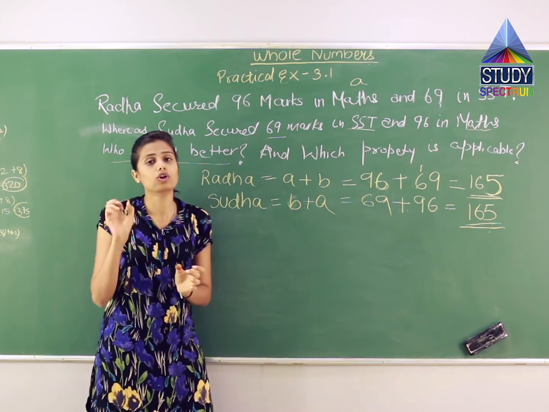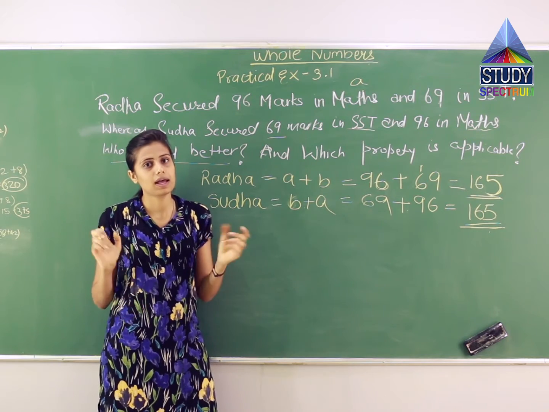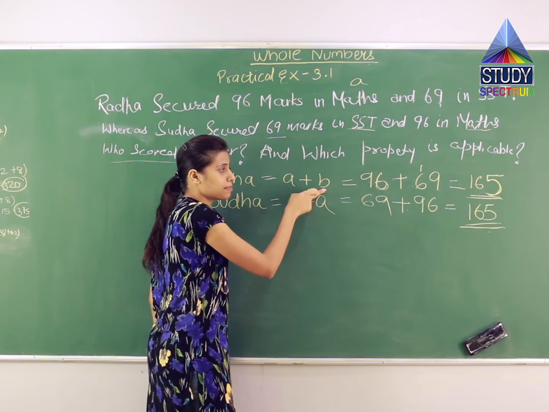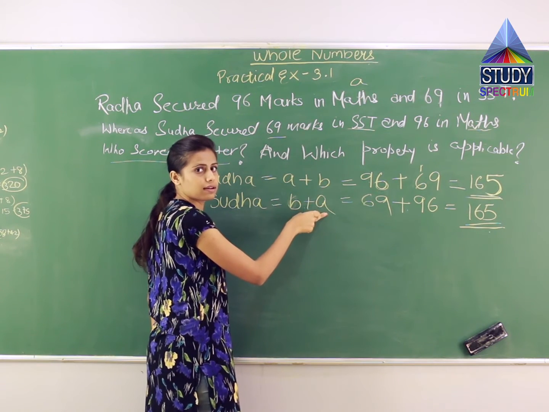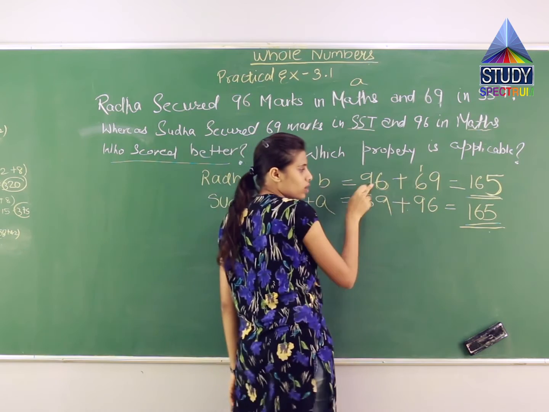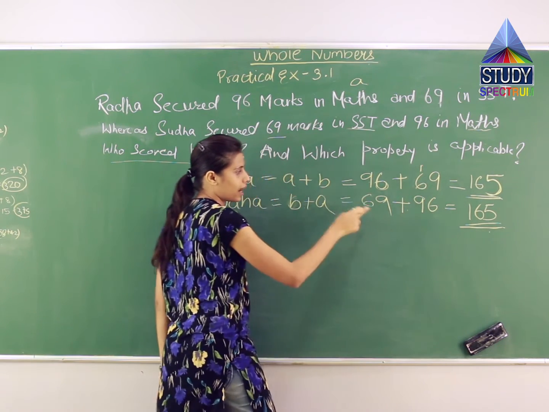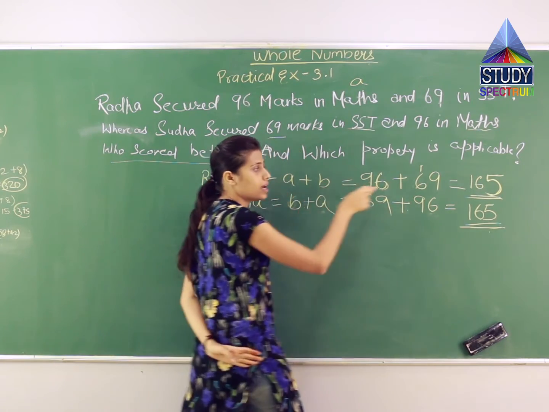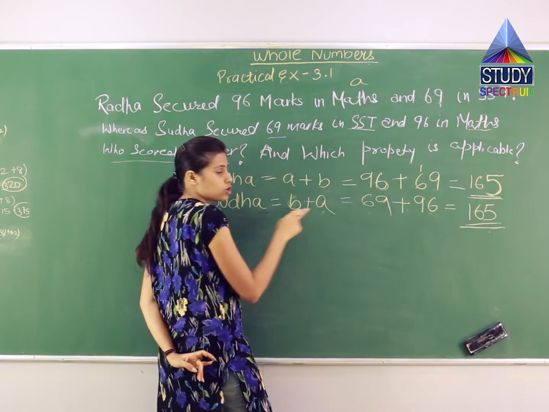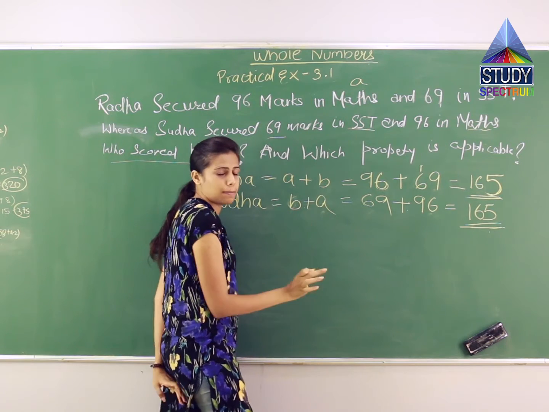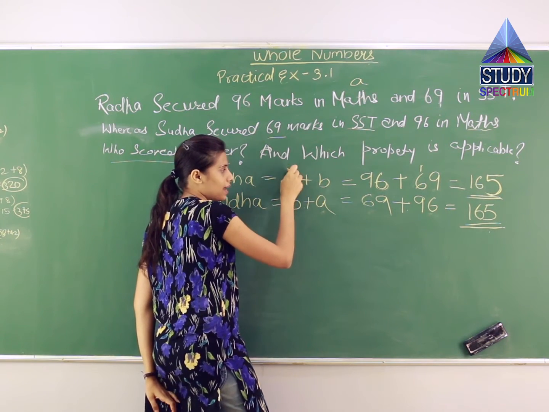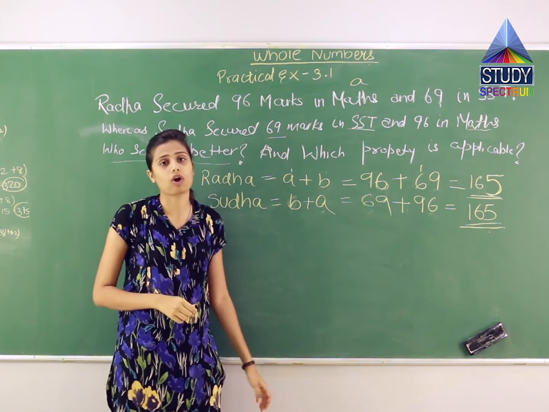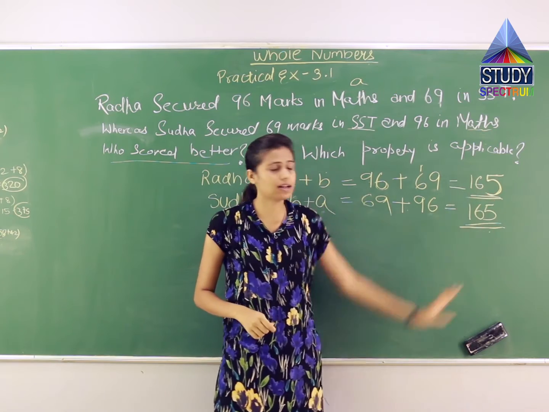Which means that no matter if the numbers are the same, if you write them first or the second, the answer will be same. यहाँ पे मैं A plus B लिख रही थी, यहाँ पे B plus A लिख रही थी, right? Even the numbers were same, 96, 96, 69, 69. ये A है तो 96 है, ये A है तो 96 है. This is B, so 69. This is B, so 69. A B same है. The thing is यहाँ पे मैं A पहले लिख रही थी, B बाद में लिख रही थी. Over here I am writing B first and A later on. जब मैं ऐड कर रही हूँ तो I get the answer as same.